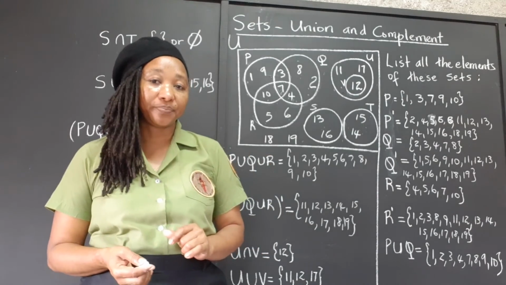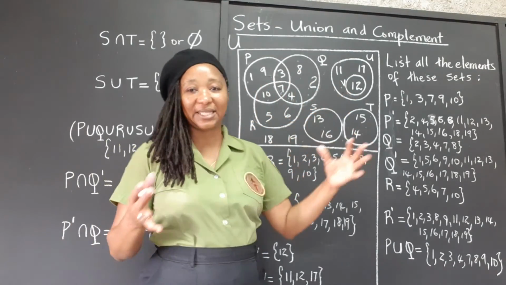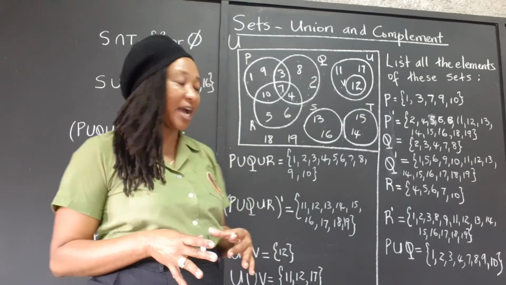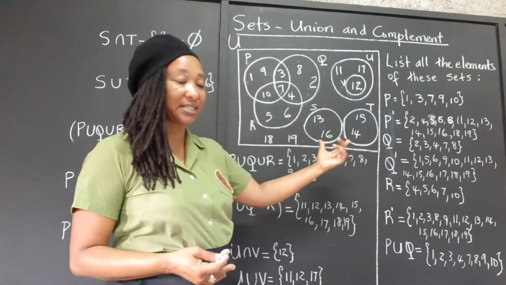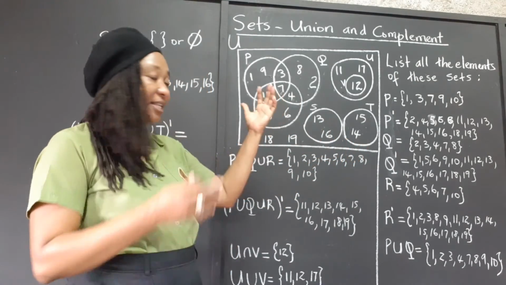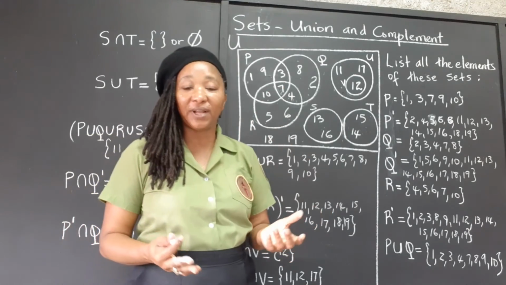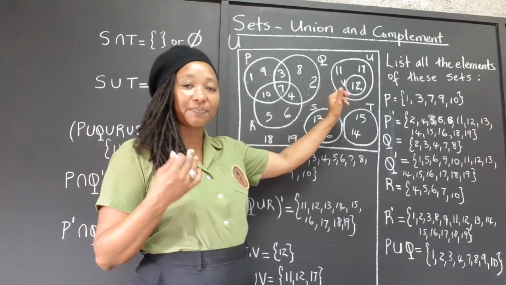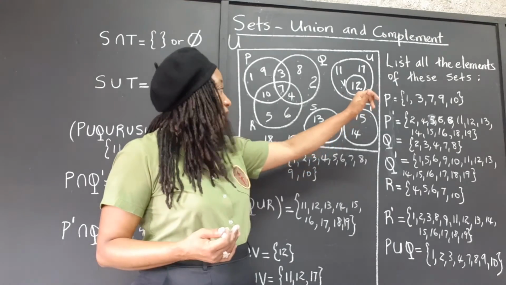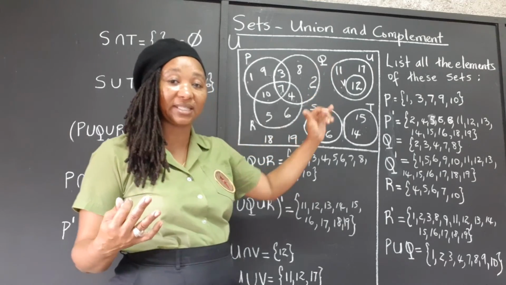Just remember, these are the basic ways that sets interact with each other in the Venn diagram. They can be disjoint, meaning they don't intersect. They can intersect like this, where we have them overlapping, whether it's 2 sets overlapping, 3 sets, or they can have a special intersection where all the elements in the smaller set are contained within the bigger set, and we